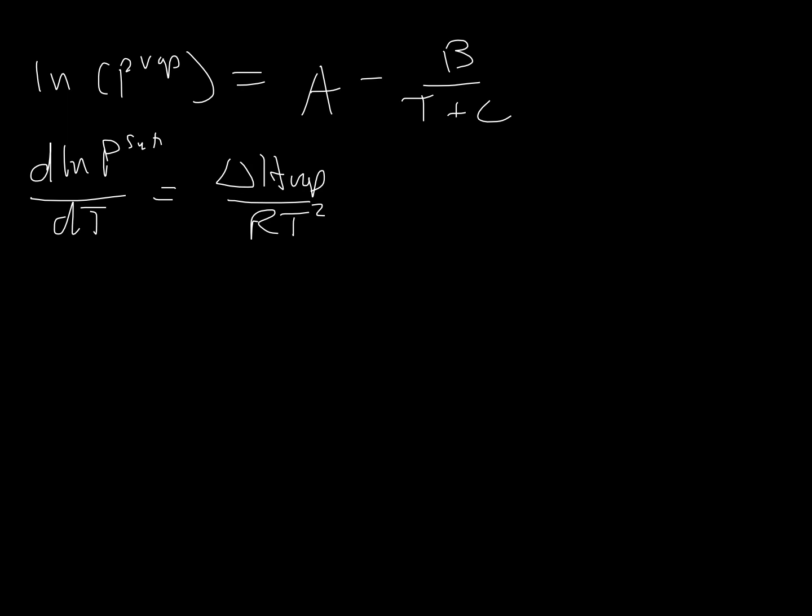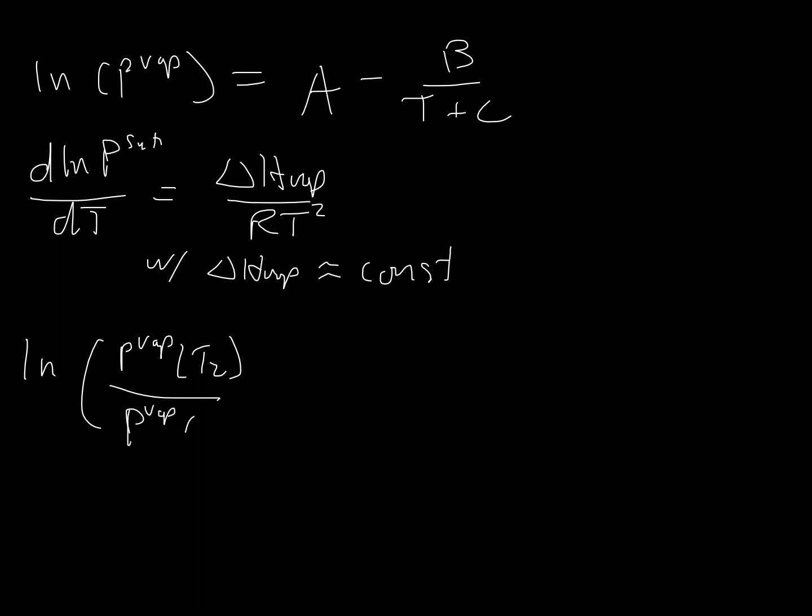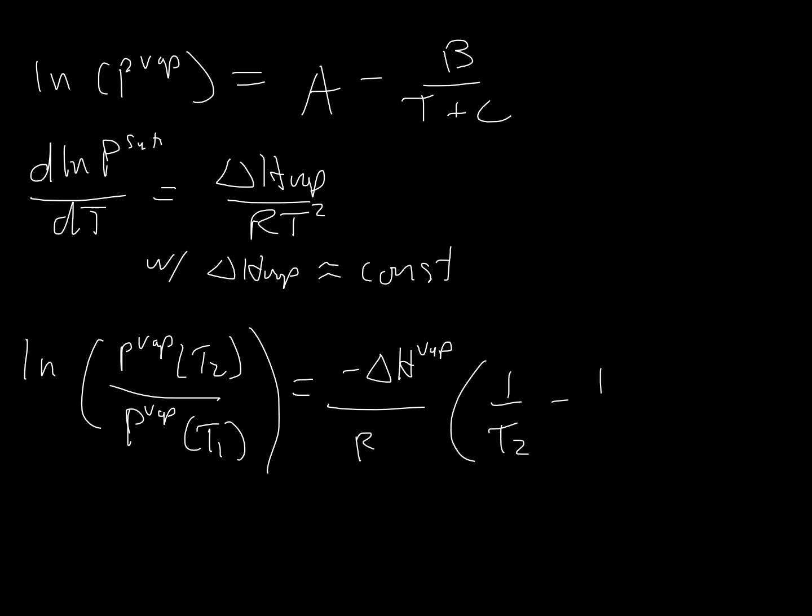So if we approximate this Clausius-Clapeyron equation, and we say that the heat of vaporization is approximately constant, we can integrate it, and we get an expression that looks like this. It doesn't look exactly like Antoine's equation, but the form is pretty similar. So Antoine's equation is very convenient because it is not a polynomial fit. It actually has a fundamental theoretical basis that the vapor pressure should be an exponential function of temperature,